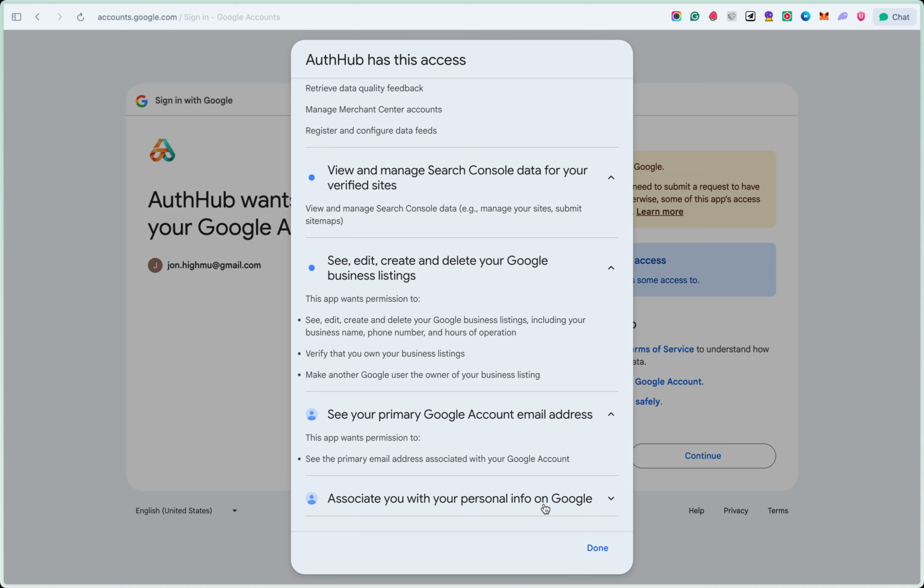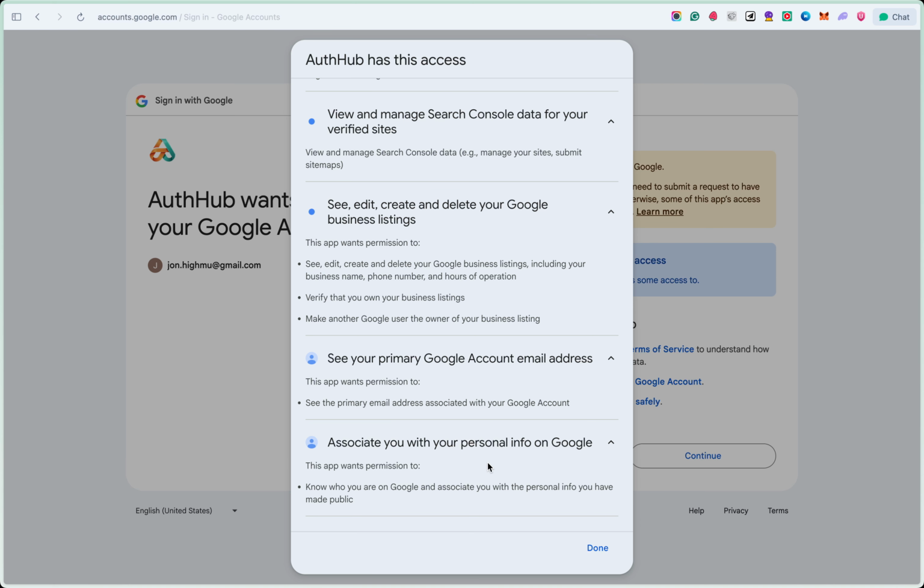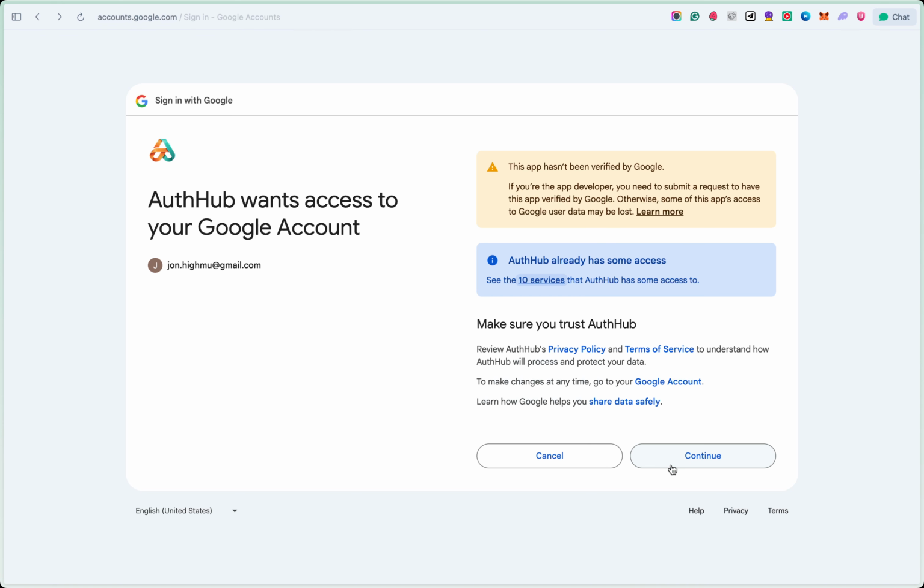This app needs that scope so that it can properly add the agency owner's Google account to the client's account on their behalf and associate those accounts with their Google profile here. So once I go through and click continue, once that